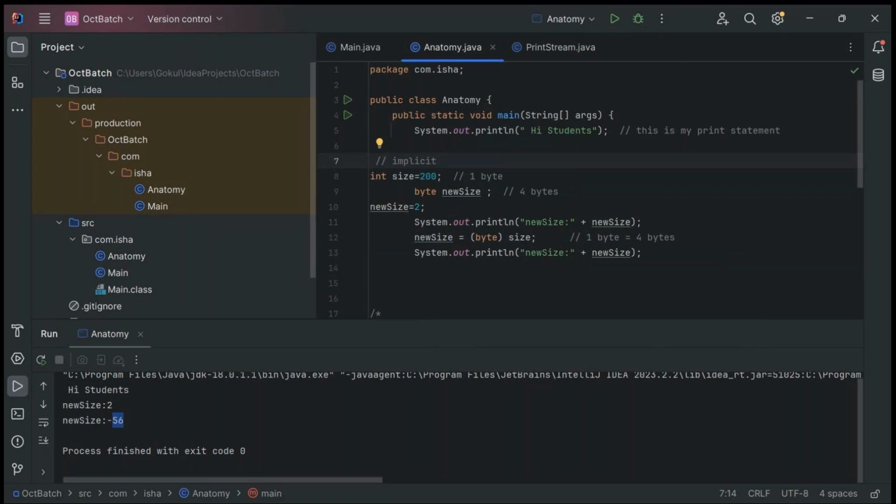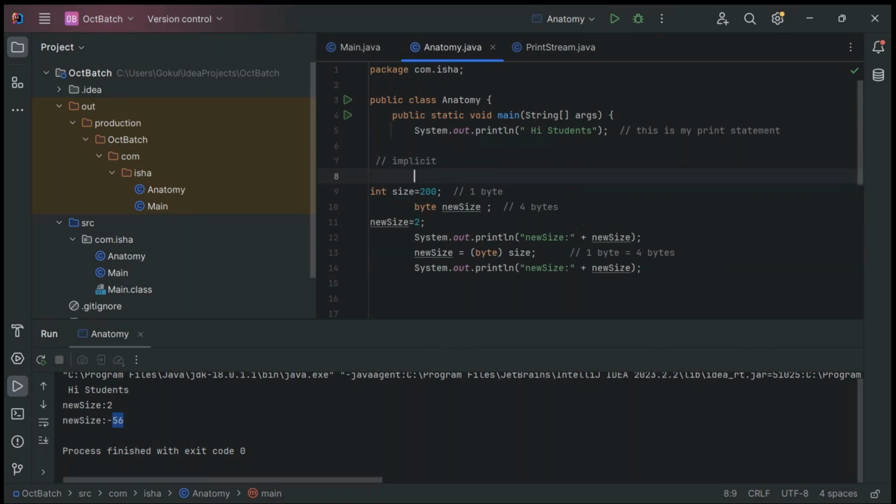But the second case, what we are seeing, is assigning a bigger number into a smaller one. Bigger number means I'm talking about the byte ranges only, not the data values. So that is called explicit, because I have to explicitly say, hey, do the conversion before assigning the data. So that is called